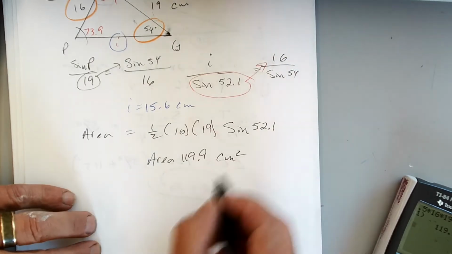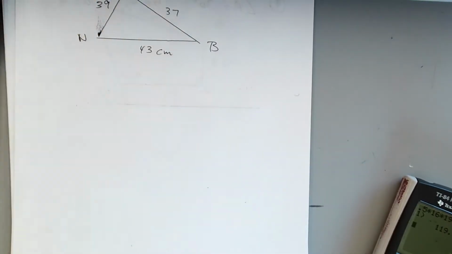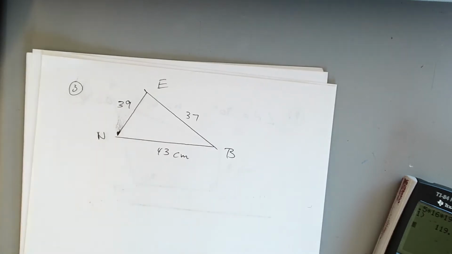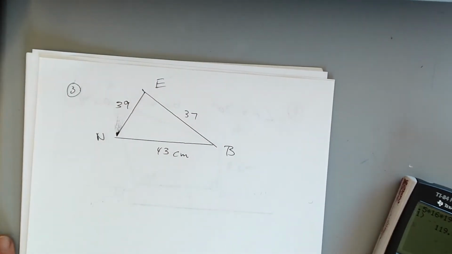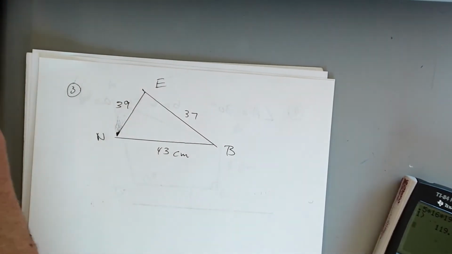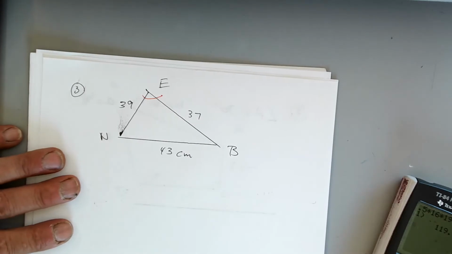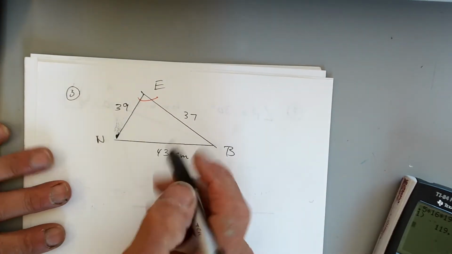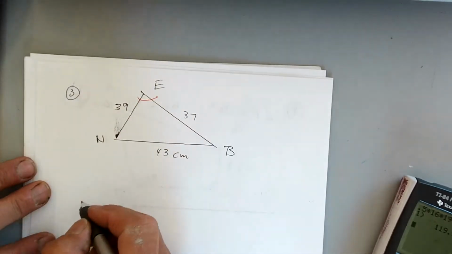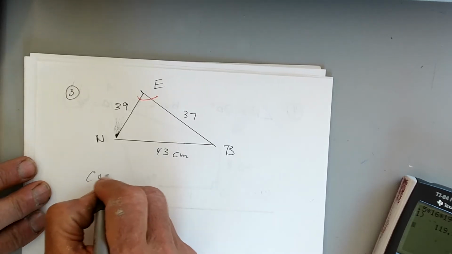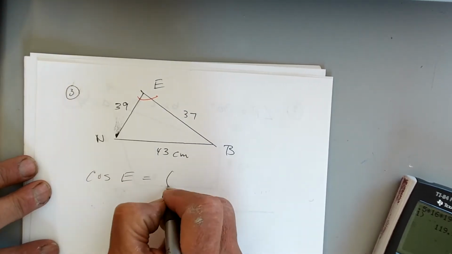Centimeters squared, okay? All right, moving on. Number 3, okay? I have all 3 sides. So what I'm going to do is use the law of cosines to find the angle. I normally go for the biggest angle because, you know, we'll learn this later when we do the unit circle, but biggest angle in the law of cosines, so I'm going to go cosine of E is equal to